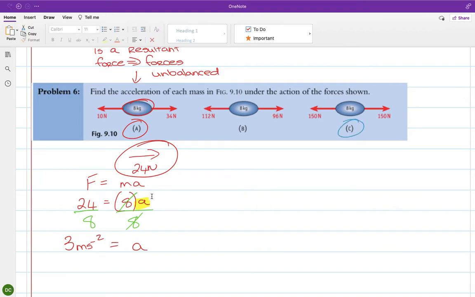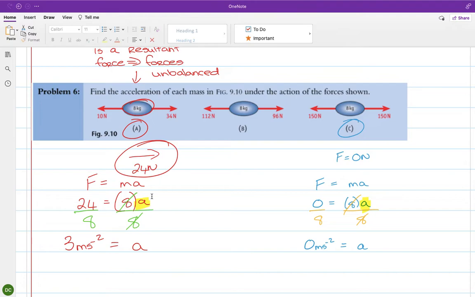if you look at this one here, there you have 150 Newton force to the left and 150 Newton force to the right. So overall, the resultant force is 0 newtons. Okay, so when we do F equals ma, we get 0 is 8 times a. We want to isolate the a, so we divide by 8, divide by 8, so the acceleration is 0. Okay, which is probably quite obvious. The fact that it has no resultant force means it has no acceleration, but I want you to think more